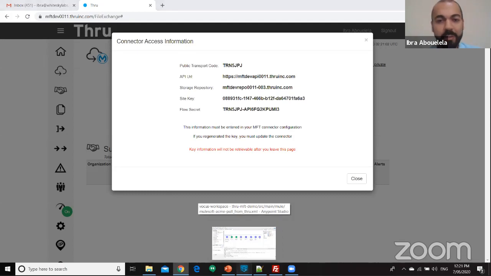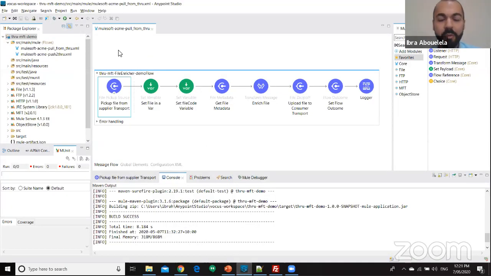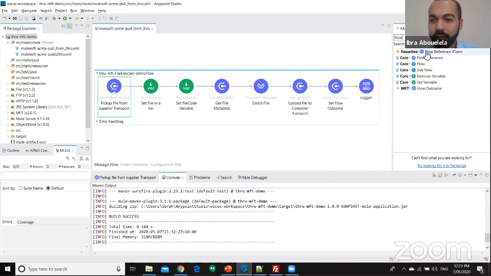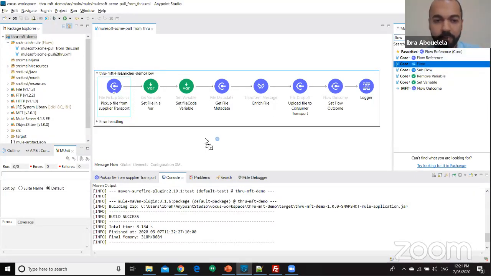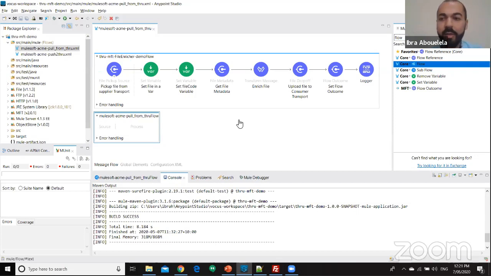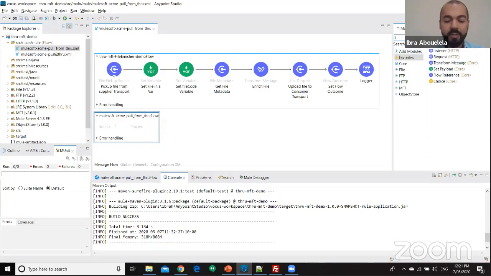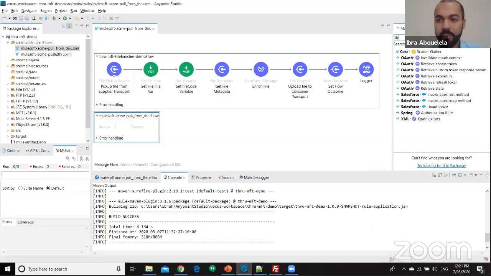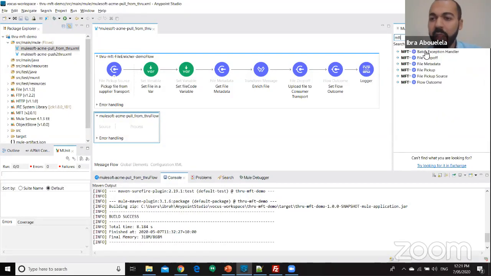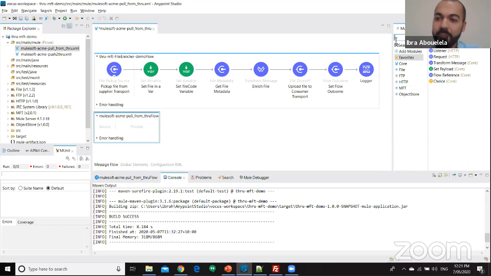Actually, let's do that now. So I will go to my Endpoint Studio here. I might just create a new subflow or a new flow here. And if I go here, guys, and click Thru or MFT, I'm going to have all these nice MFT functions. But the first time you use it, you will not have that in your panel. So how to get that is to go to your Exchange